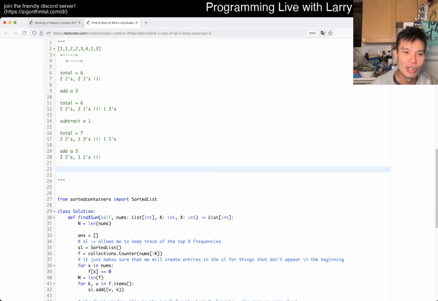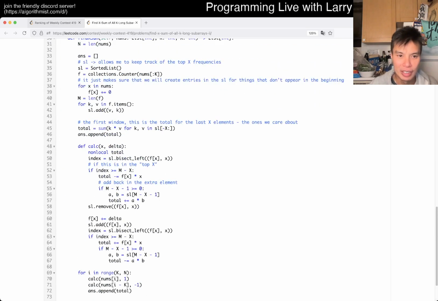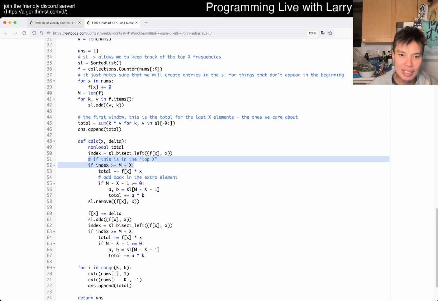And then now we add back in the extra, and then now we add in the 2 3s, which is how I did. I guess technically 2 3s is in the beginning. And then now once we add this back in, we see that this is in the top X. So we put it back in the total, and we also push this thing out, and that's what we do here. So basically if this is in the top X, then we have to subtract it because now